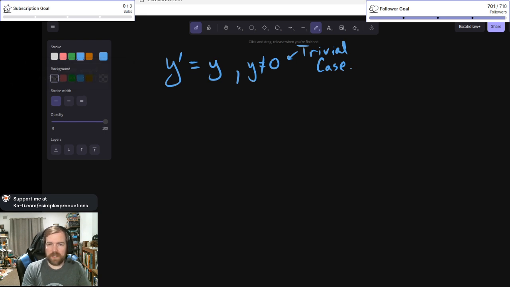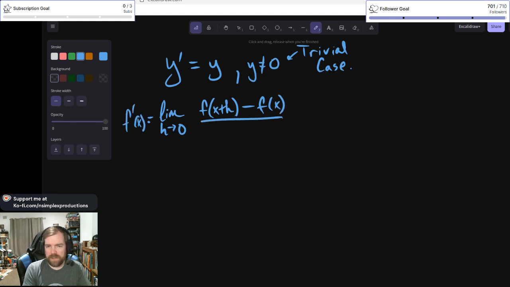So we know that y prime is equal to the limit as h goes to 0 of f of x plus h minus f of x over h. So therefore, we're going to use